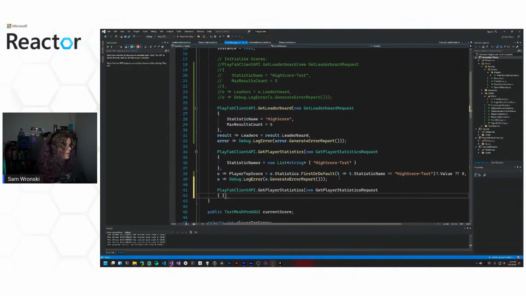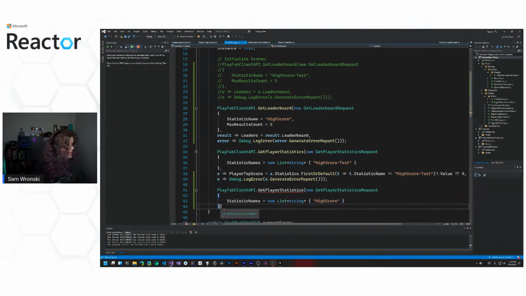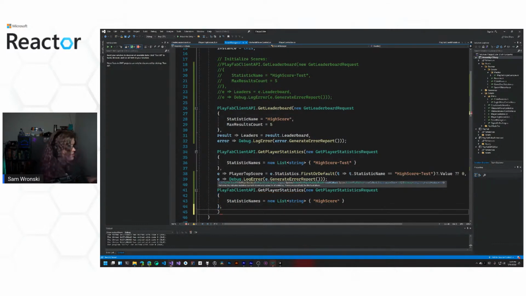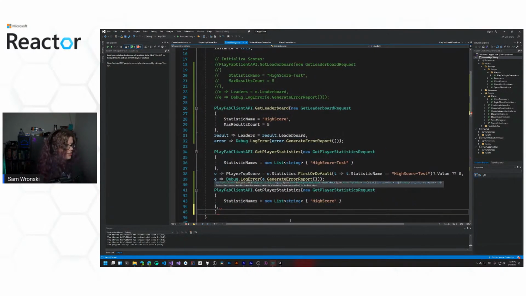This is, again, similar to what we did previously. We're just going to request the statistic. I'm going to copy it because I don't know why I'm retyping this, but anyway. So we have this high score. And then the other thing we're doing is getting a result. I'm going to walk through what this statement is doing, just because it uses some C# stuff that I'm not sure is super familiar for everybody. So we're going to go through it to make sure. Also, I think it's really cool.